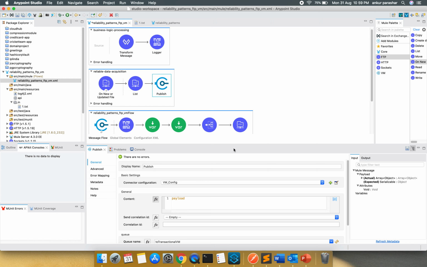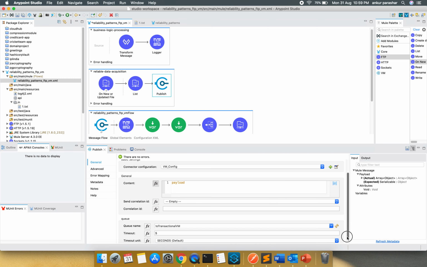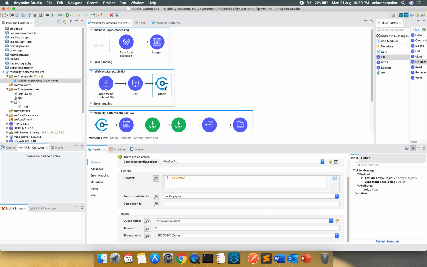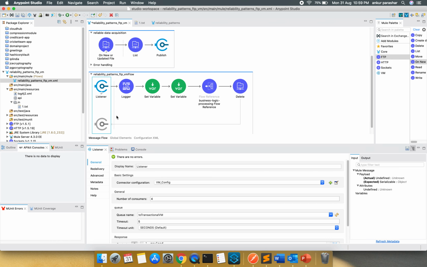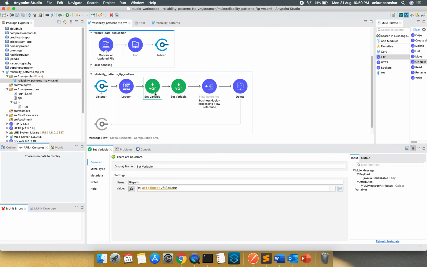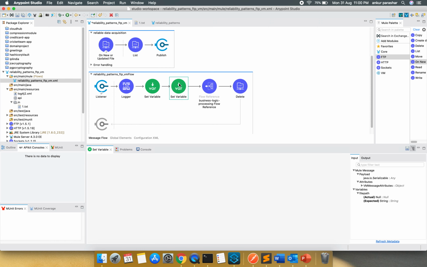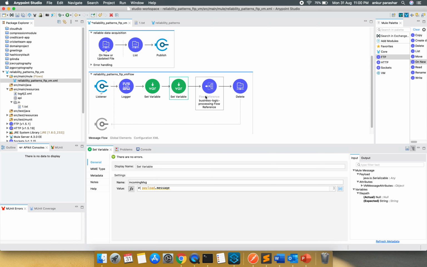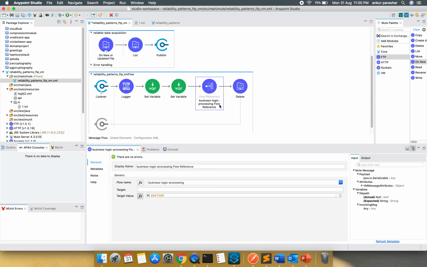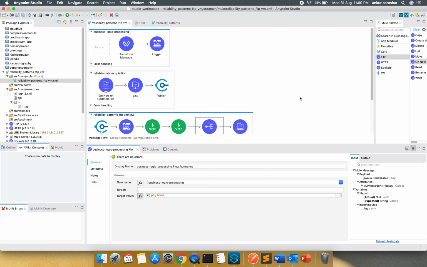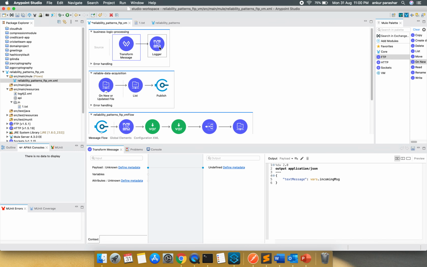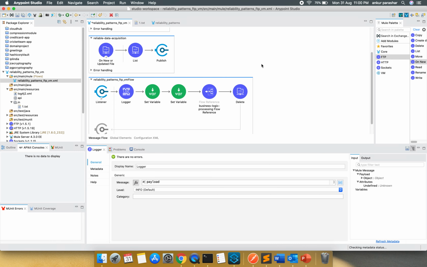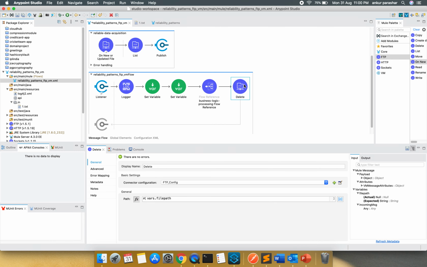Okay, and this is the queue, you can see. And then the same message is being picked up by this VM listener. We are going to log, and similarly two variables are there, which pick the file name and the message. After that, there is a subflow or flow reference call, which is going to transform the message and log it, and finally we are going to delete the file.